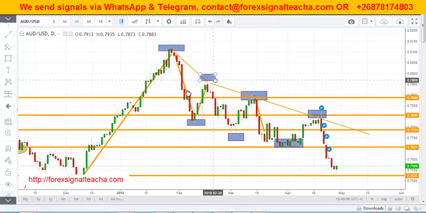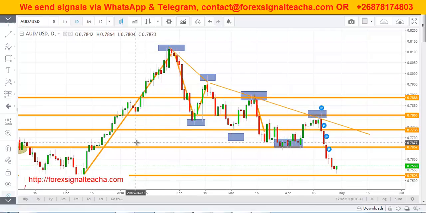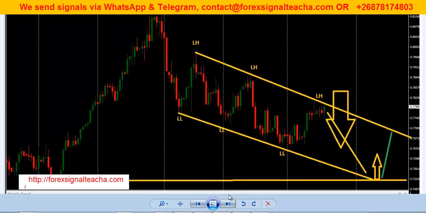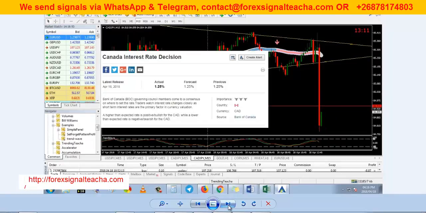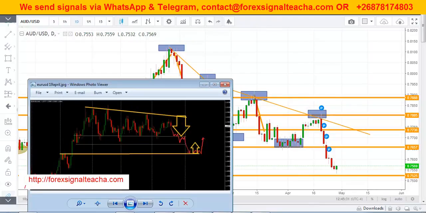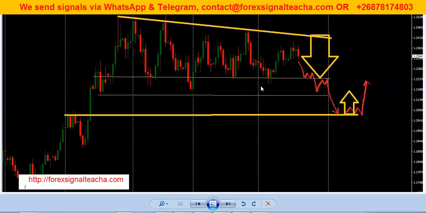So let's quickly jump into another chart. This one is, let me see if I can find it here. Okay, this was another interesting trade that I took. This is the euro US dollar that we are going to look at. So last week we predicted here, we noticed that